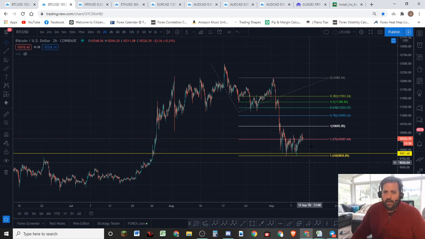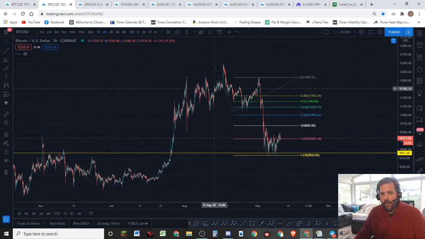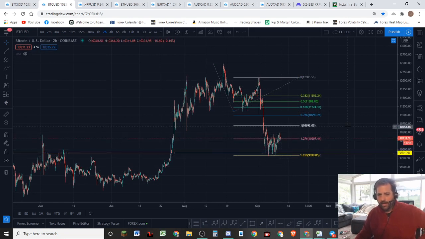All right, number two, let me just talk to you about the Elliott wave principles here. We have a 5-wave move off the top with a 3-wave pullback. When we measure the first one right there, you can see that we have come to and have been playing on the 1.618 extension, which is about 9830.